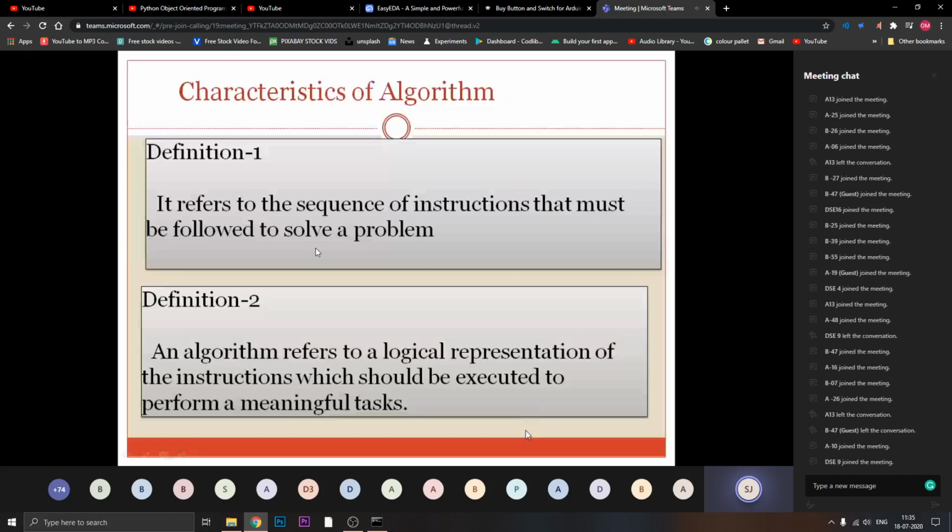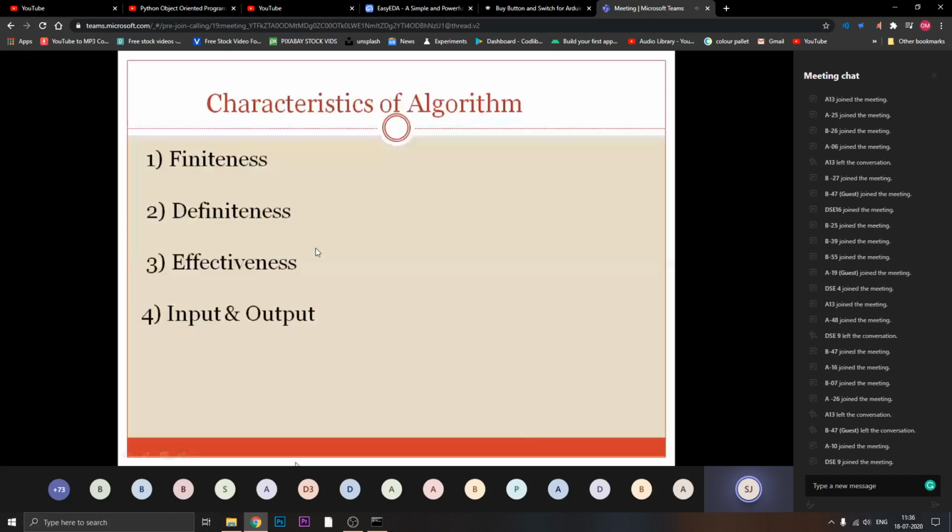So within one sentence, I'll give the definition. Finiteness is nothing but the total number of steps used in the program should be a finite number. It should not be too long. It should not be too less. Next, definiteness. Each step of your algorithm must be clear. We have discussed one word called unambiguous. So there should not be two meanings of any particular word, but your things must be unambiguous. Whatever the instructions are, they are supposed to be very clear. So that is called definiteness.